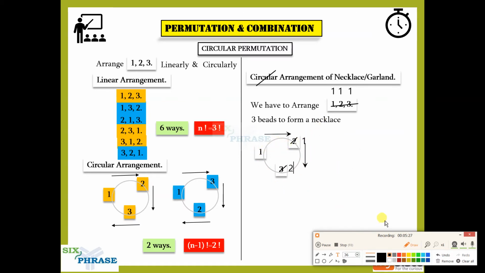Okay, so necklaces and garlands are like that. Whenever the clockwise and anti-clockwise give you the same thing, you can say they form this type of arrangement. So here you can see, all the six combinations, you will be able to do it in a single diagram, or single circular arrangement, right? So let's take this example of 1 itself. All the six combinations will become 1 1 1. Everything will become 1 1 1, right?